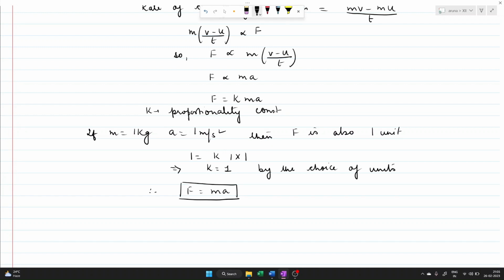Now we have to define the unit of force. So 1 kilogram into 1 meter per second square, that is the acceleration, is defined as 1 Newton. You can also write the unit of force as kilogram meter per second square, but Newton has been honored by giving the force his name as a unit. That's a huge honor for him and for all of us, because he's the one who's given us so much heavy contribution in physics. So 1 Newton is defined as 1 kilogram into 1 meter per second square. So therefore, the unit of force is Newton,